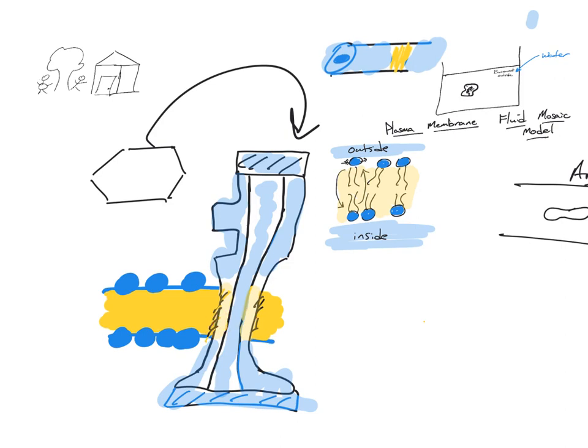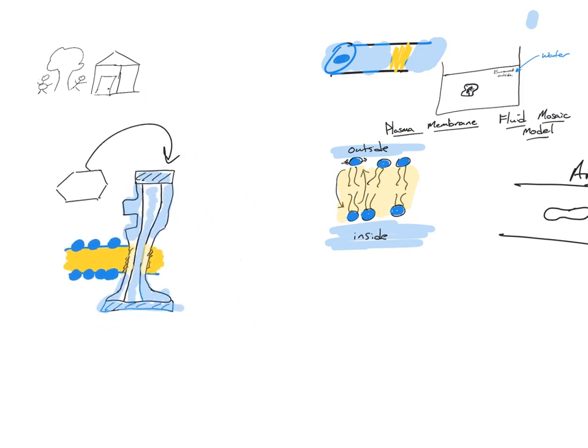But these are all amino acids. They're making a tunnel through the membrane. You see the tunnel? This is the membrane, and then there's a tunnel through the membrane. It's called a transport protein. It's called a channel. When we have tunnels in membranes, we often call them channels.